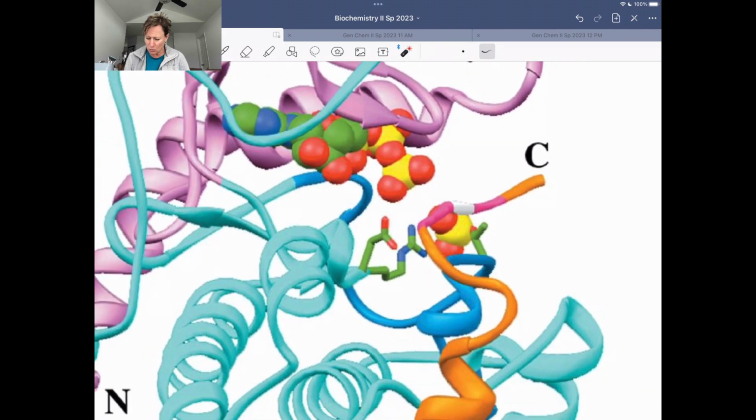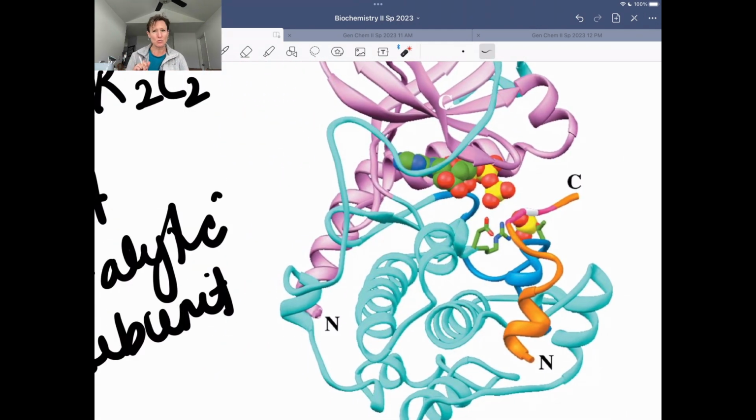And critically, we've got threonine 197 in our catalytic subunit. That threonine itself is phosphorylated, and so we're going to have a negative charge there that's going to help bind to, orient, and stabilize the binding of our substrate. So that's how PKA's catalytic subunit works. So we're going to look at a lot of homology with what we're going to see with the catalytic subunit